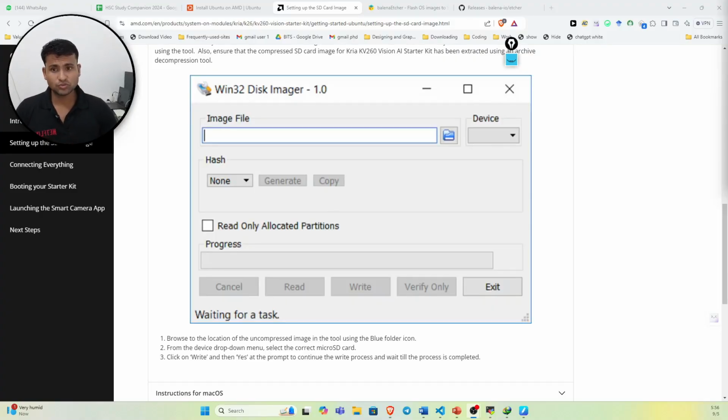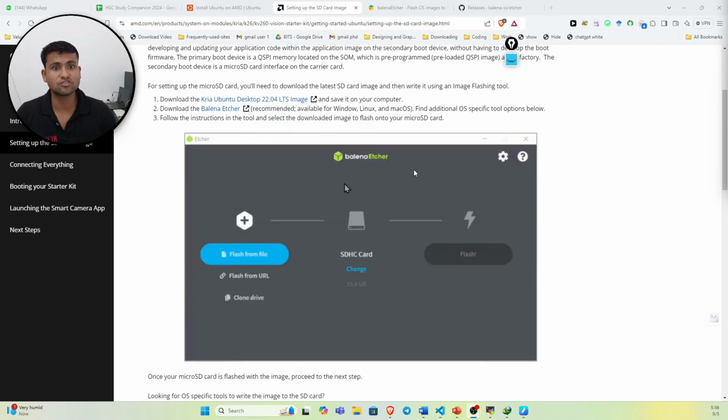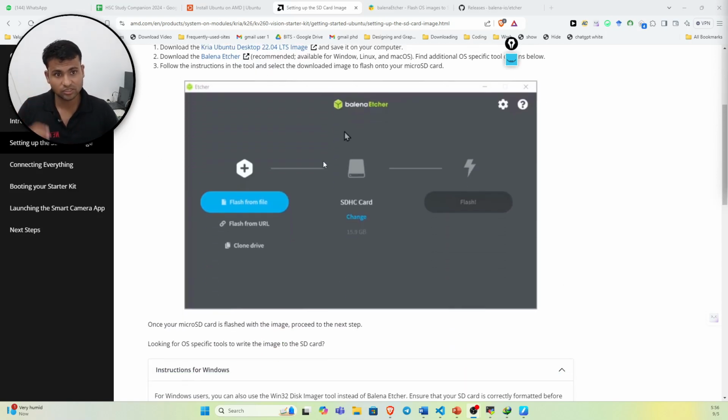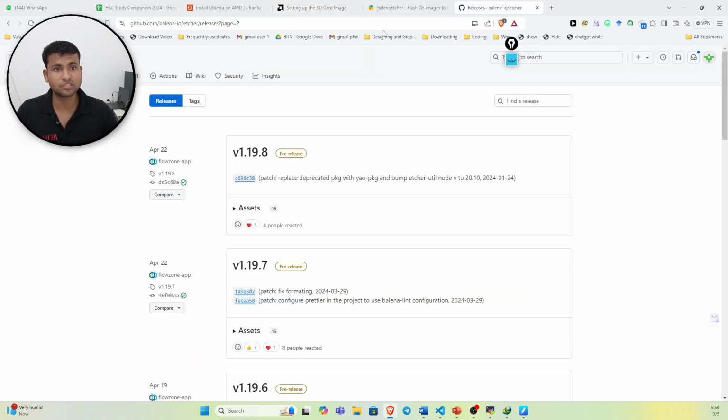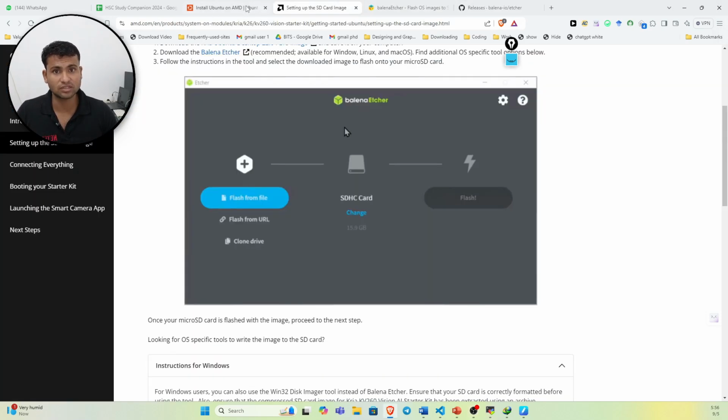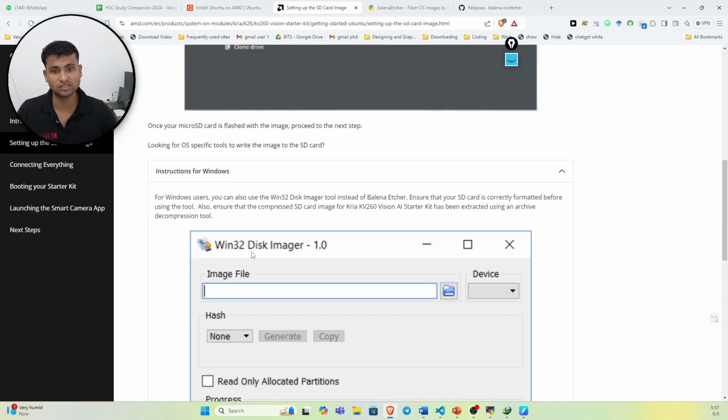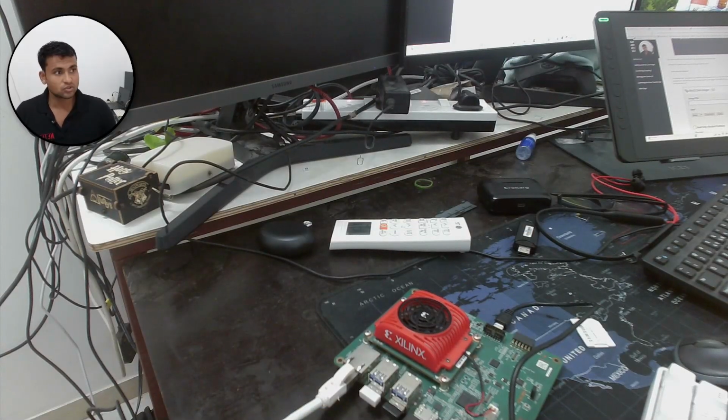Okay, so the issue which was coming is because of the latest release of Petalinux which we have downloaded. So it is recommended that you download a previous version of Petalinux, or if you're on Windows, you can use another software which is known as Win32 Disk Imager. And so now I'll just switch to this scene. So you can see that